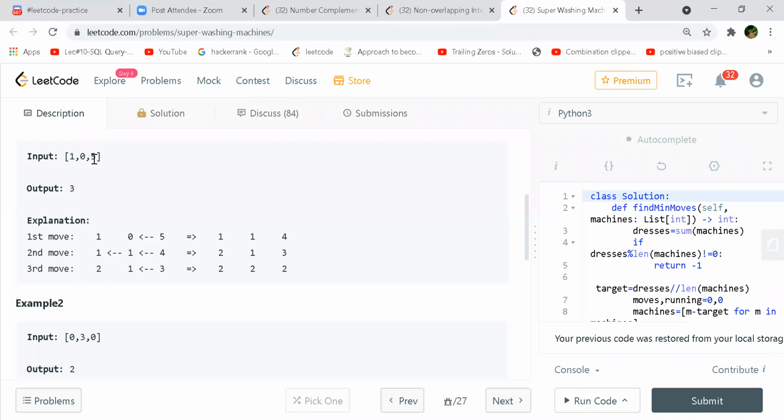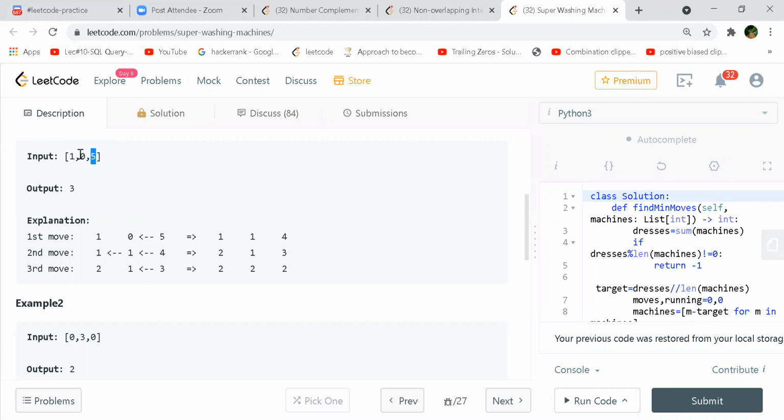So I'll take 1 and transfer it over here, right? And again, it's a surplus of 2, so I'll again pass it to here. We'll leave this as it is now. Now this is 2 or greater than or equal to 2, so we can again take one dress and pass it to this machine. Now this will be a deficit and this will still be a surplus, right? Again, we can do the same kind of BFS.